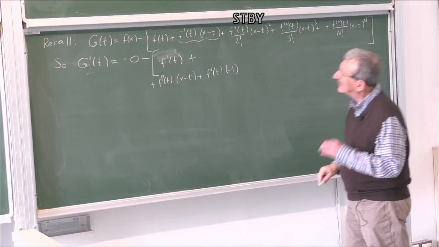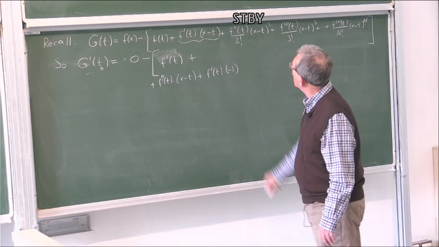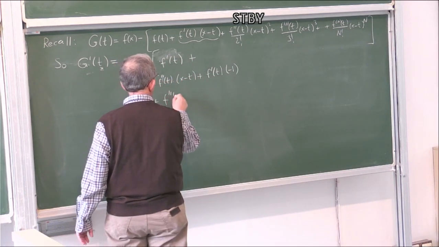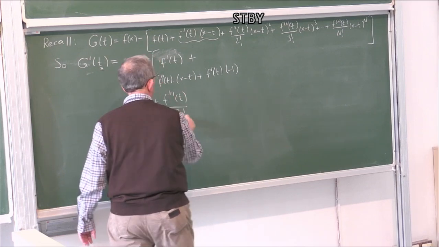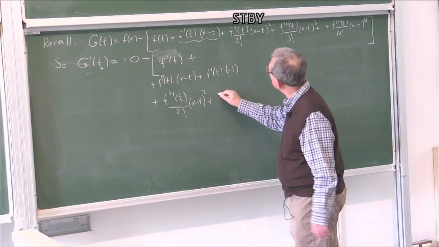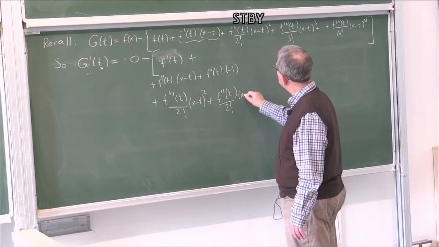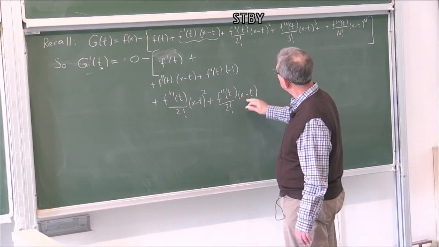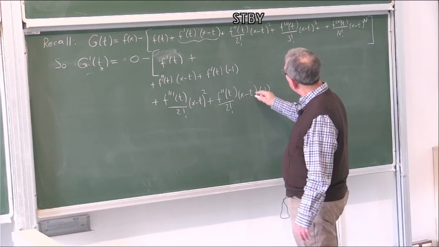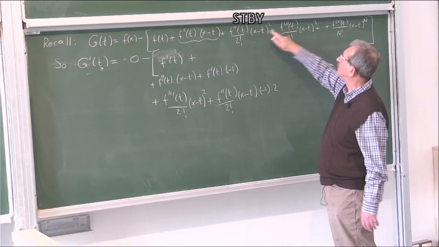Now, note that t is the variable, x is a constant. For the third term, we have f triple prime t over 2 factorial times (x minus t) squared plus the second derivative over 2 factorial times, we take the derivative, times minus 1, actually times 2. That's 2(x minus t)